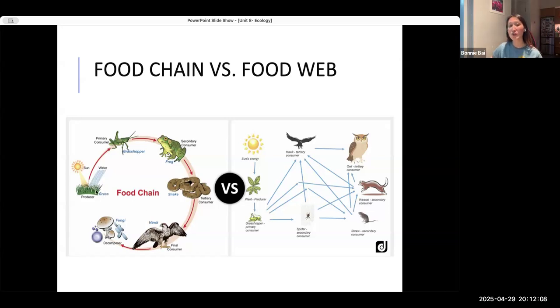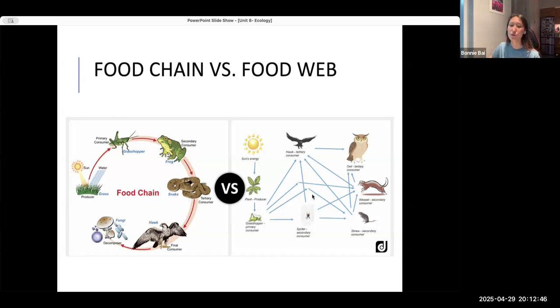But in terms of how much grass you need to sustain how many grasshoppers to then be able to sustain how many frogs, that number really varies, because a lot of the energy is not lost in the system, but it does get released or used in your own bodies. There's a diagram in that packet that has some numbers related to this that you're able to see. But essentially, the amount of energy that comes in and the amount of energy that gets passed on and used up and released into the environment should be exactly the same, because energy doesn't just go missing.